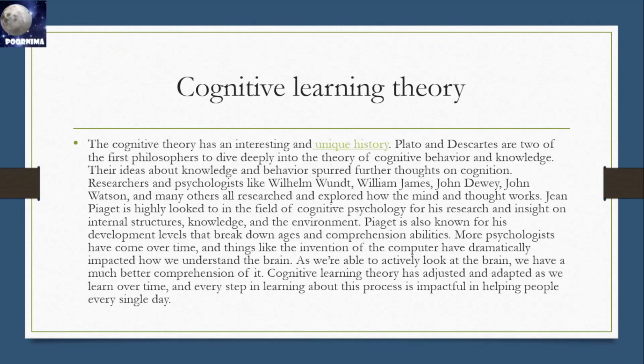The cognitive theory has an interesting and unique history. Plato and Descartes are two of the first philosophers who dove deeply into the theory of cognitive behavior and knowledge. Their ideas about knowledge and behavior spurred further thoughts on cognition. Researchers and psychologists like Wilhelm Wundt, William James, John Dewey, John Watson, and many others all researched and explored how